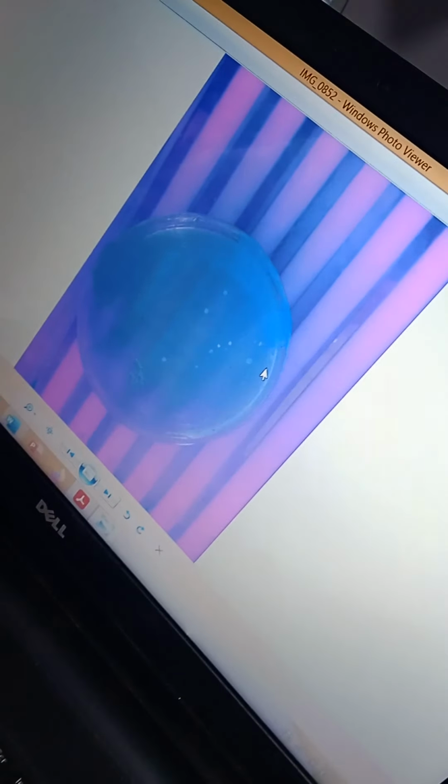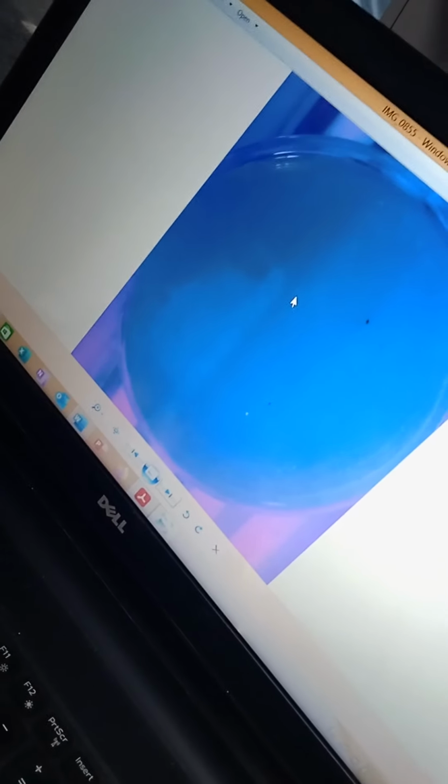Okay, let me show you one more example. Here also, all these colonies are negative for PHA potential. Here you can see this white spot, that is a colony which has the ability to produce PHA. Rest all are negative. You can see this is negative, no sign of white color under the influence of the UV radiation.